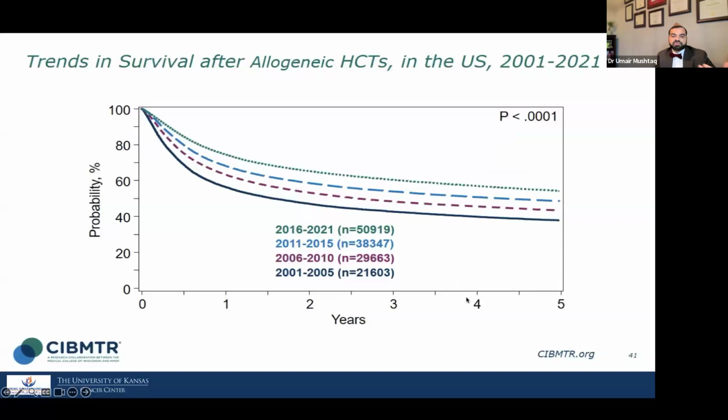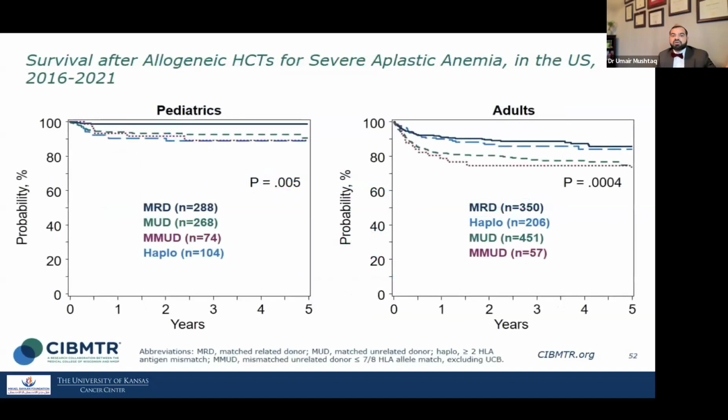Survival curves have steadily improved over time. This looks at 5-year intervals from 2000 to 2005 to most recently up to 2021. And the survival has improved from about 45% to close to 65%. And the bulk of it, the main issue why the survival is low, is relapse in malignant disease. As you can see in non-malignant disease, this is the survival curve for aplastic anemia. The survival is 80 to 90%.